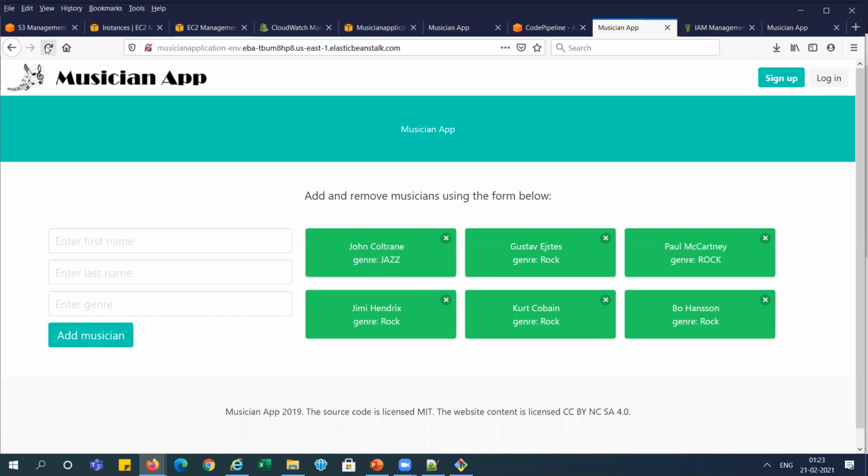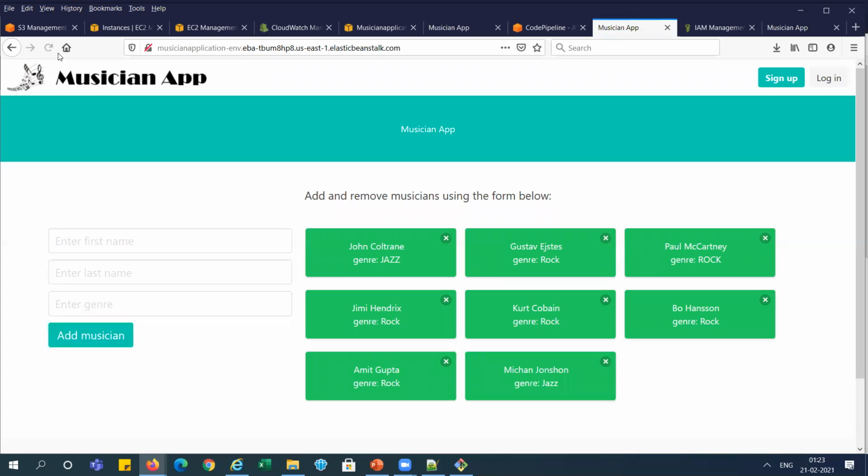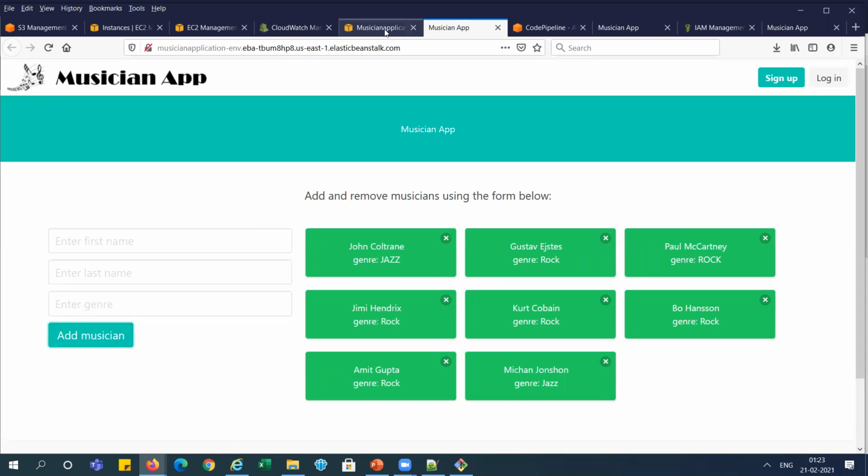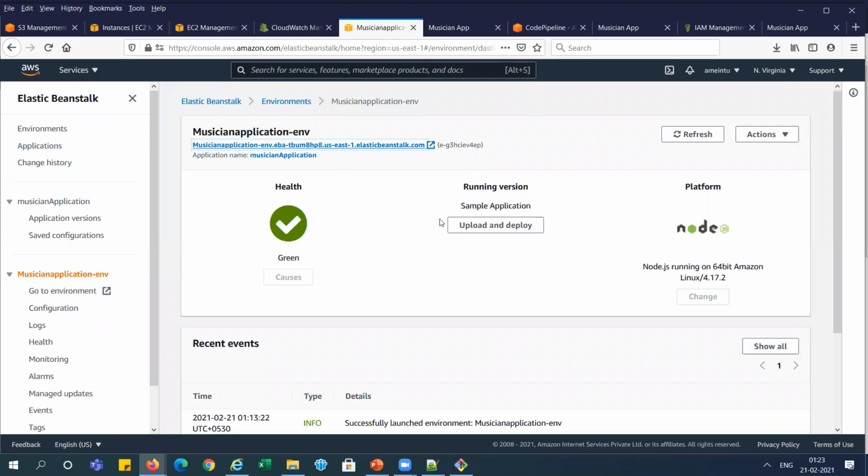This is our application, created in Node.js, right? And here it is not showing anything. Let me refresh to see whether we are getting this also, right? And you can see the business stack, what happened with the business stack. Let me show you that also. This pipeline is working, and you can see here I'm refreshing it.